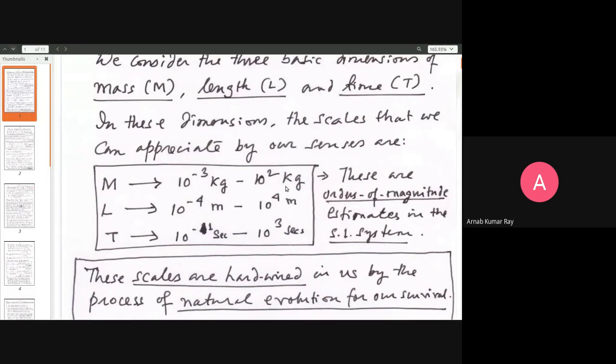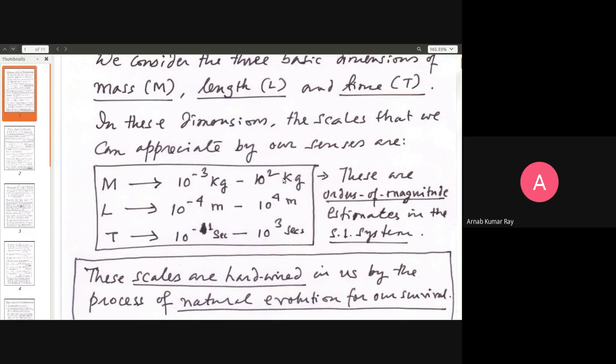So the heaviest weight that you can lift and tell the difference between it and something else is of the order of 10 raised to 2 kgs. 500 kgs is the world record. So even less than 500 kgs is the world record for heavyweight category weightlifting. So 500 will be 5 into 10 raised to 2 kgs. Right, so I'm dropping the 5, and just in an order of magnitude sense, you'll have 10 raised to 2